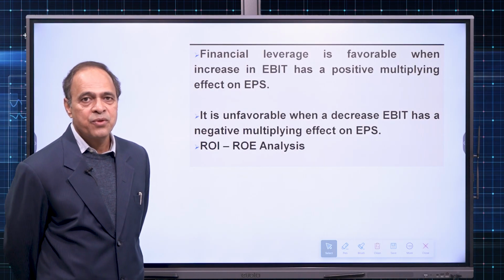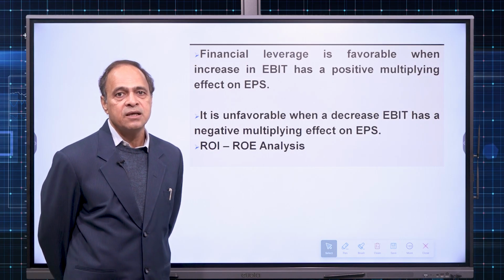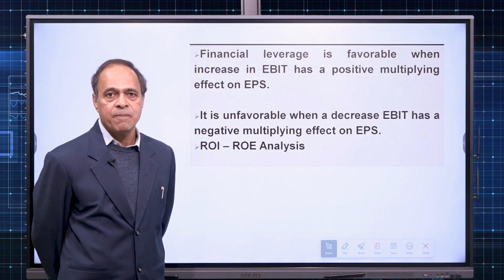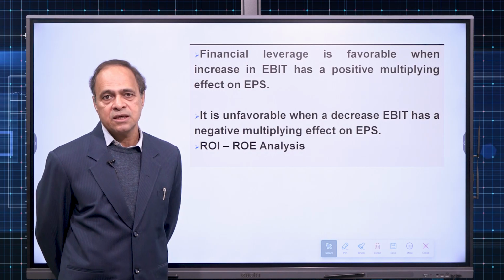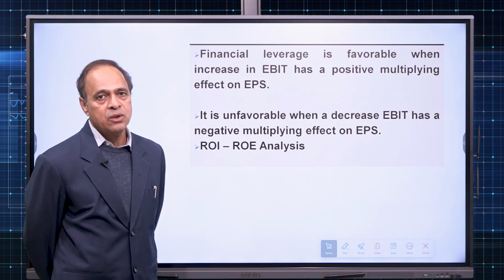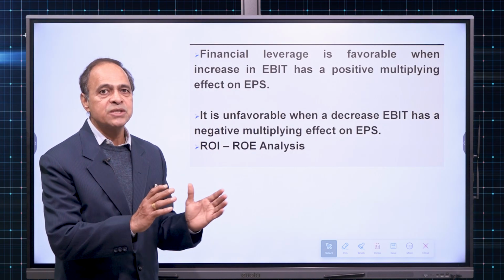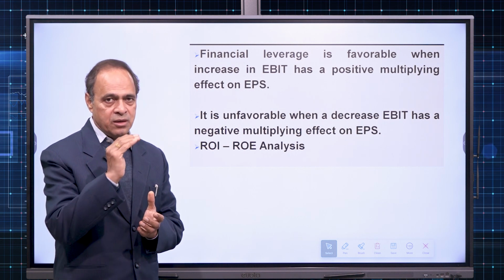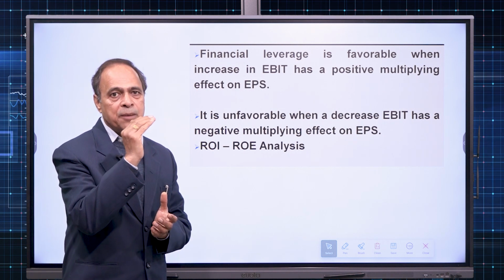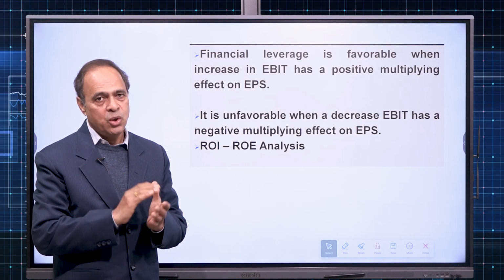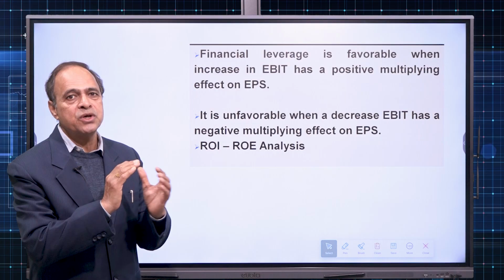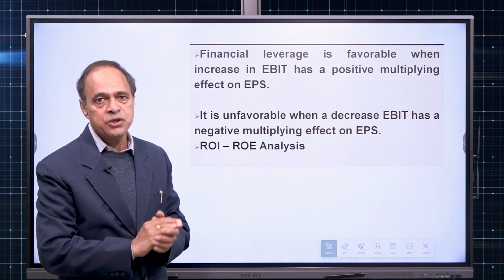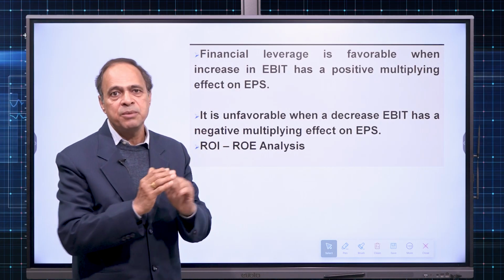Now the point comes, whenever a company has to decide its capital structure, what should the capital structure be? There are many factors. We will see those factors under the capital structure chapter. But right now, a simple point. Top management has to decide whether my capital structure should be with zero leverage, medium leverage or high leverage. It is up to the top level management. Now, top level management needs some input for decision making, and that input is future prediction about sales, future prediction about the effect of change in sales on the EBIT.